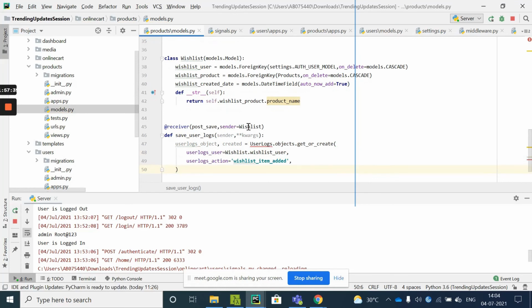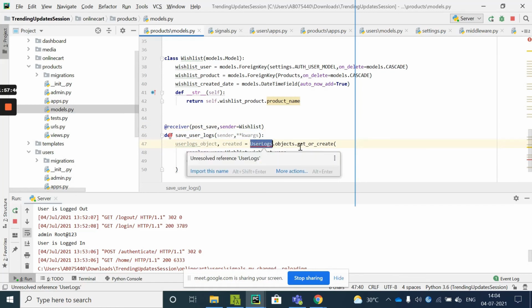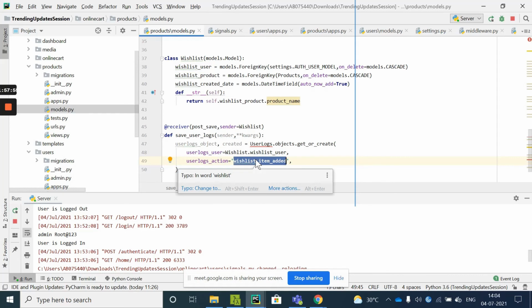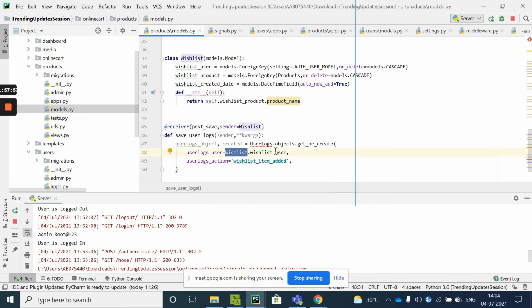Once the wish list is saved, what we are making is we are going to store user logs and say create wishlist user, and action is wishlist item added. So this is how we are storing: we are going to pick up the user from the wish list and add it to the user logs, and user action is this. These two fields are enough, but here it shows the